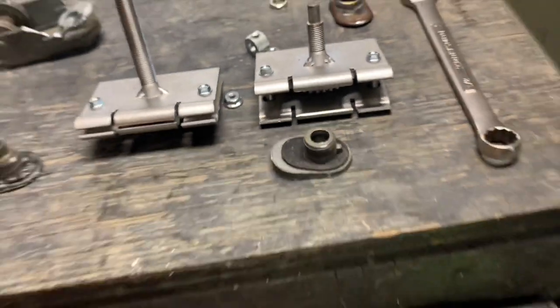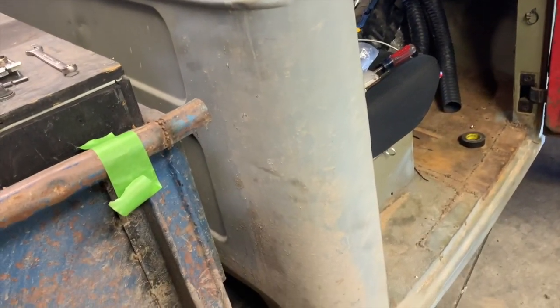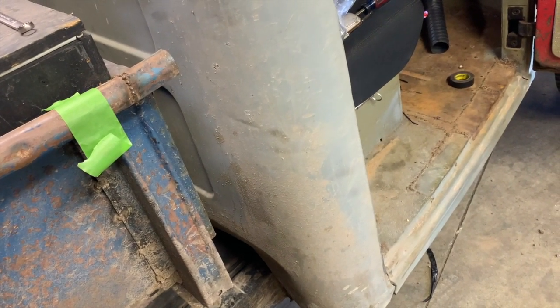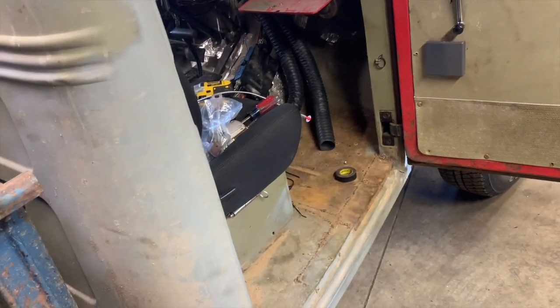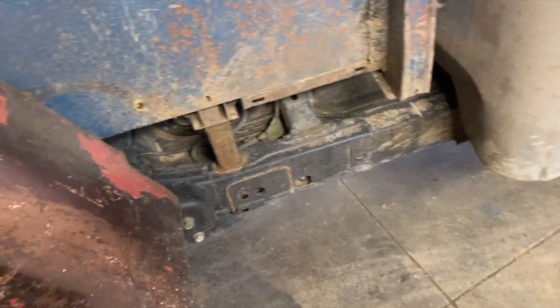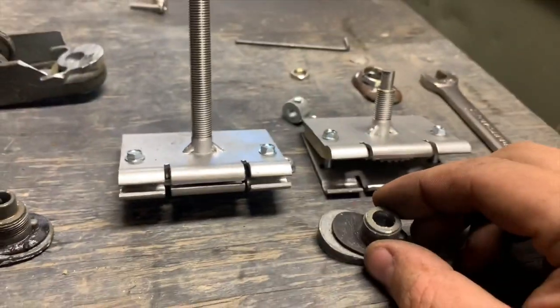And like everything I've been doing in this truck, this is not the final time this stuff will ever be together or taken apart. I'm trying to get all the systems working the way I want, and then I can take it all apart, get it painted and finished up the way I want. I'm not even sure if I'm going to keep this bed. It's a nice bed, but it's not really for this truck, so I've got to come up with a Willys bed yet. But this is the big thing I had to do here, I had to drill this out,